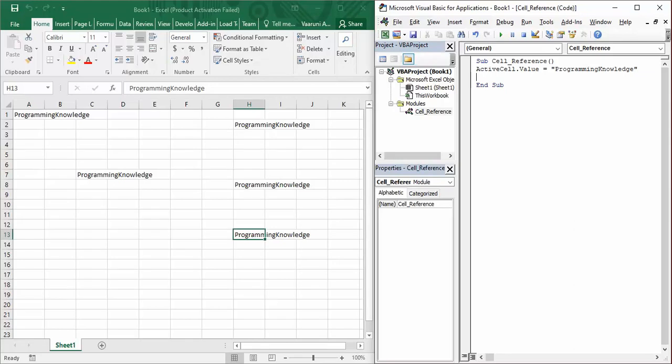Suppose over here I have taken my desired address as F6. So F6 is the cell in which I want to add some content. For that, what you've got to do is use the square brackets. These square brackets are just present beside the P key on your keyboard. So just press this opening square bracket and write the address of the cell. F6 was our address. Then close this square bracket, put a dot and write value,